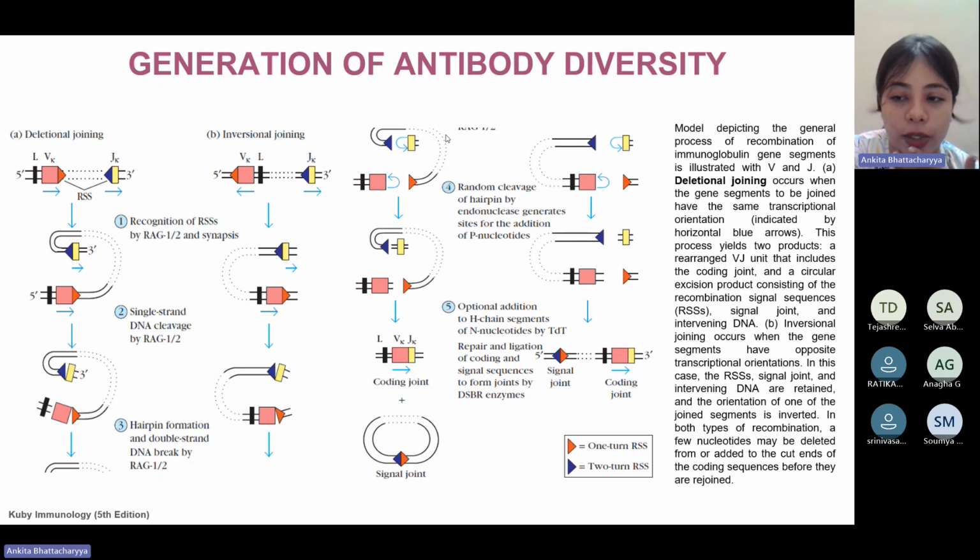So you have already looked at it. There is deletional or inversional joining. I forgot to highlight it. But yeah, the two ways in which the process of immunoglobulin generation can occur is either through deletional joining or